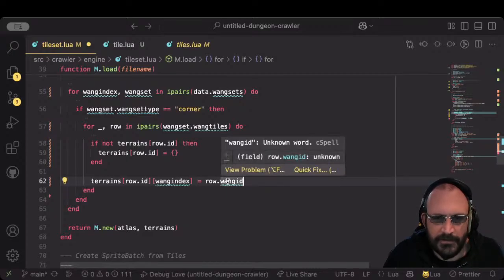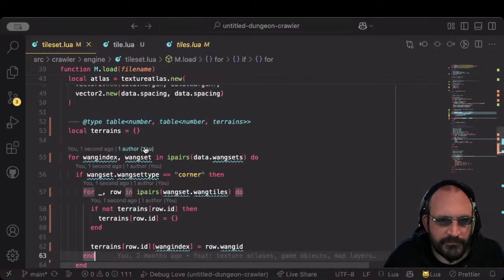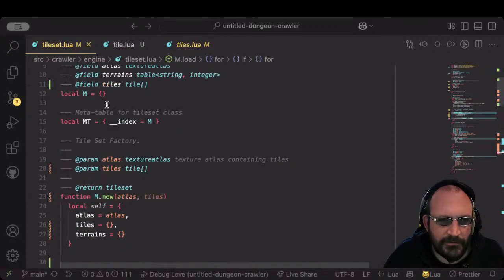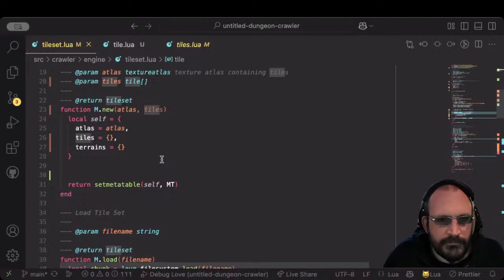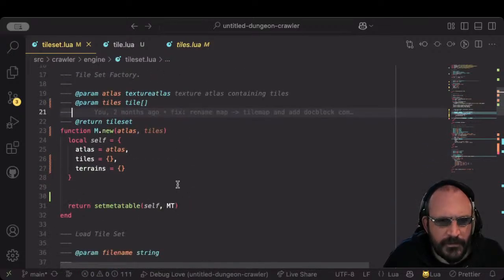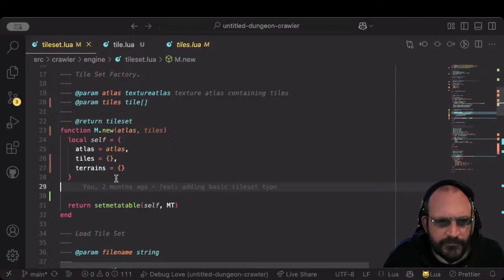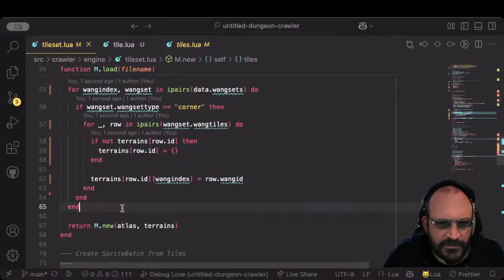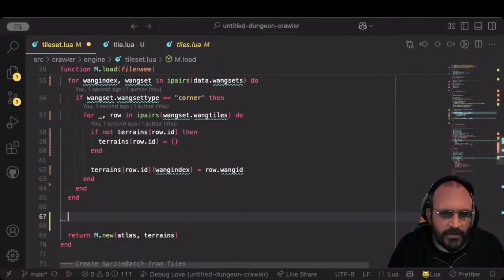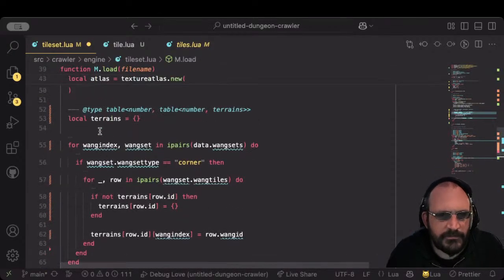That way we are not going to overwrite our global variable here. So yes, tiles get loaded in here. We're going to set this to the tile. We're going to create a big lookup table of the terrains,